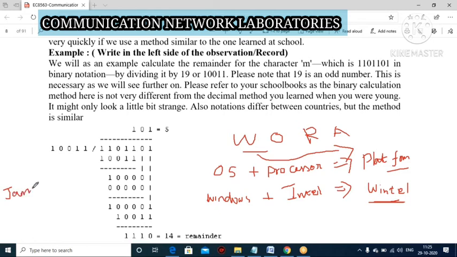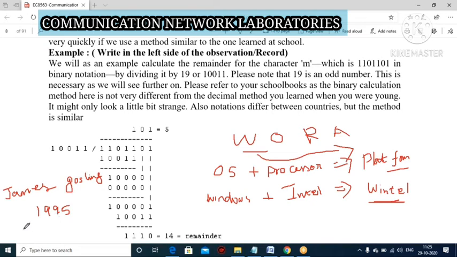James Gosling. He is the person. Java was first developed in the year 1995.